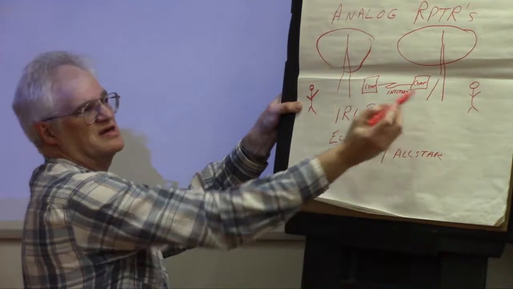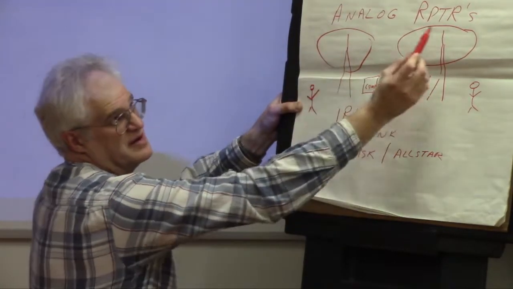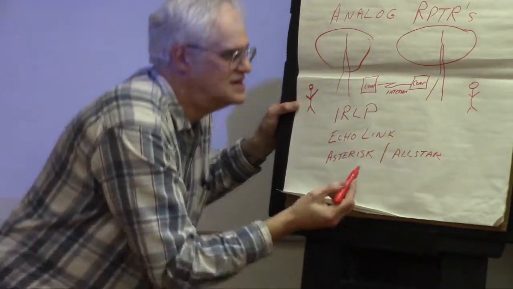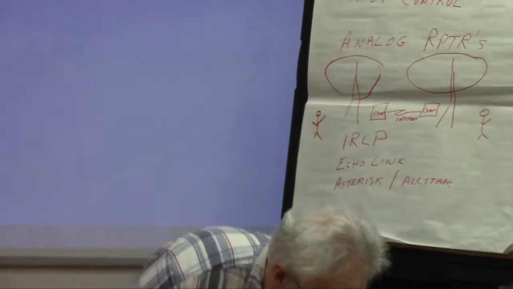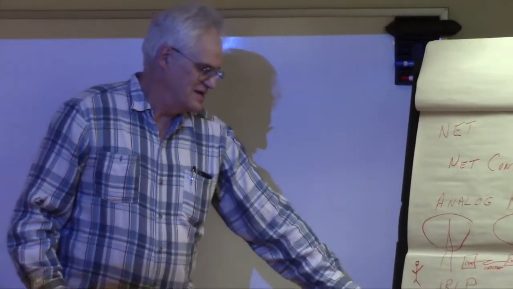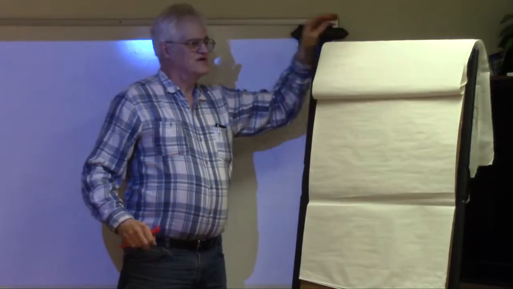So by using some of these linking schemes, someone here can talk to that repeater and actually talk to this fellow here going through the other repeater. So these are some of the popular schemes they use for doing analog linking. The newest trend we've gone through now